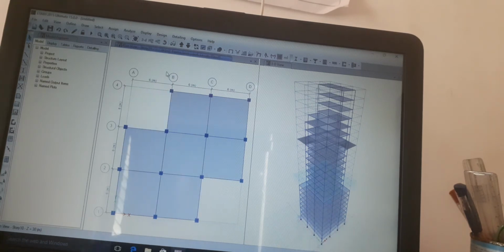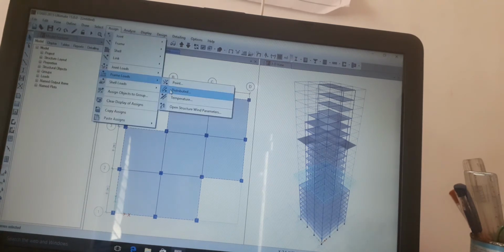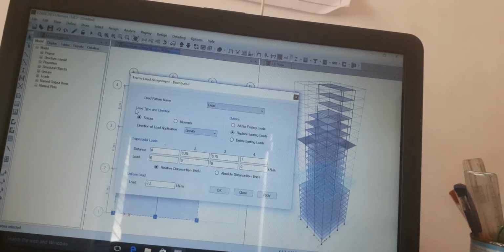We have to go to story and display undeformed shape, select all the outer side line and click on distribute, then apply, click on OK.